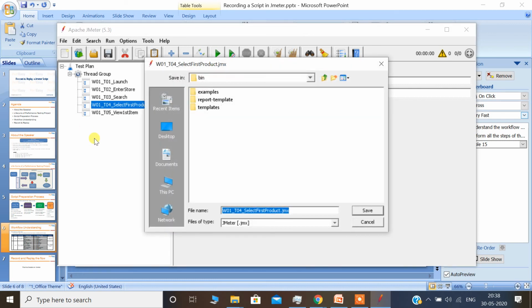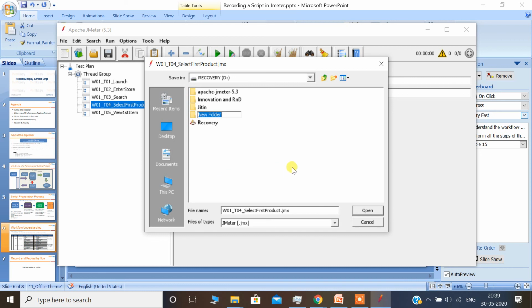So here as a best practice, we should also save our script, and by default it would open the bin folder. Please do not save your scripts into the bin folder. Create a separate folder.